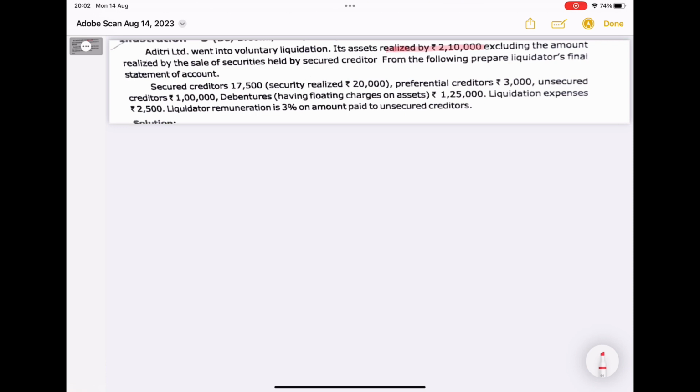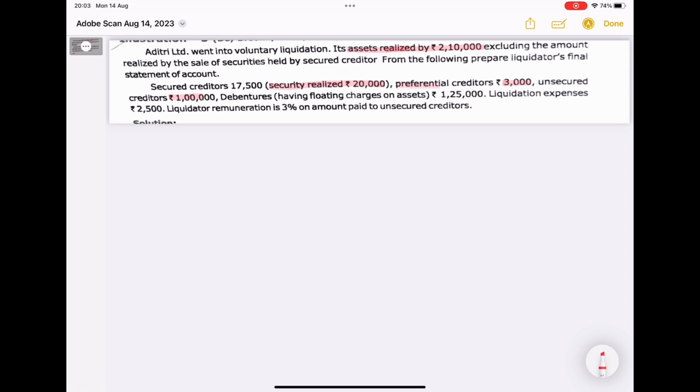This is the information related to assets. Here are the following informations about the payments made by the liquidator. First, secured creditors 17,500, security realized 20,000. Secured creditors means we pledge some asset to the creditors, and that security was realized at 20,000 value. Next, preferential creditors 3,000, unsecured creditors 1 lakh, debentures having floating charges on assets 1,25,000, liquidation expenses 2,500,